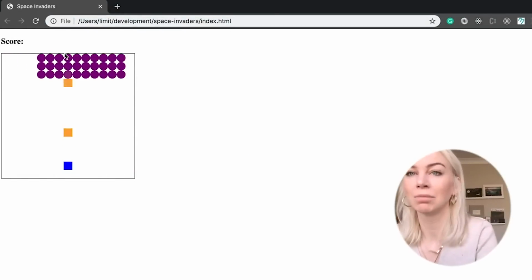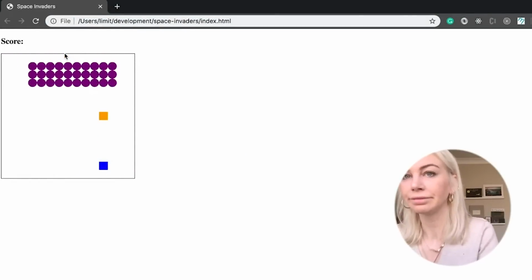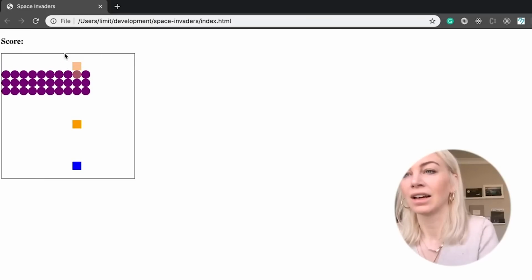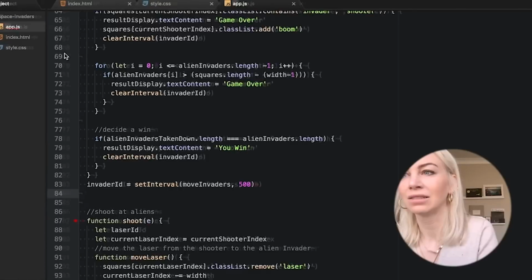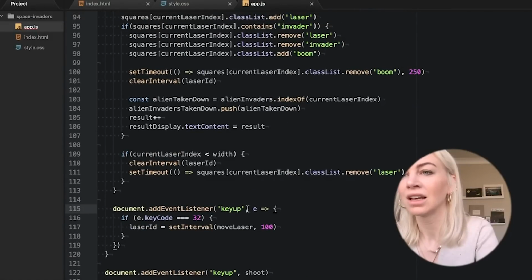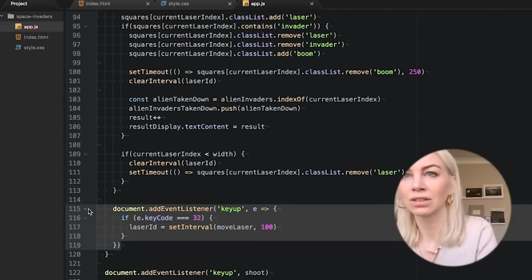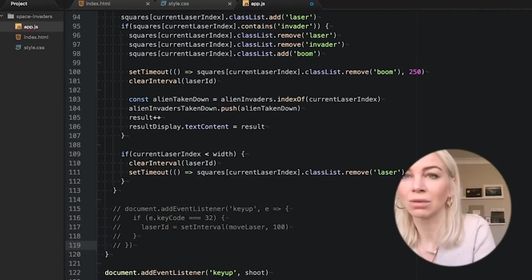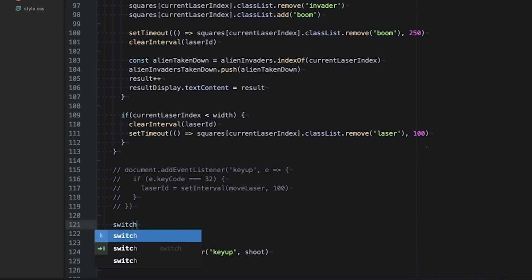Okay, now let's flip over to play. Okay, I can see it doesn't like my event listener. Let's change this to a switch case, because I know that works. Even though there's only one option in the switch case, I mean, it's gonna work, so I'm just gonna use it.